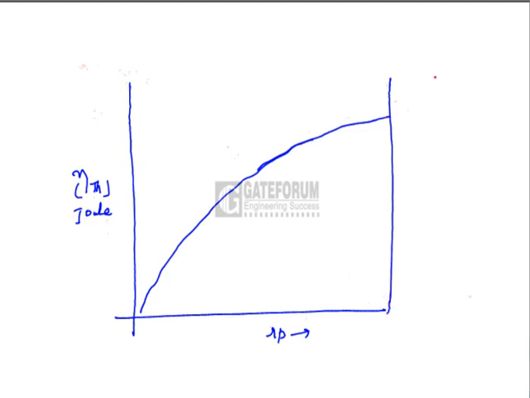For a fixed Tmax by Tmin ratio, where Tmax is the peak temperature and Tmin is the ambient temperature, it could be given in this manner. And the variation of the work ratio with RP could be seen as,